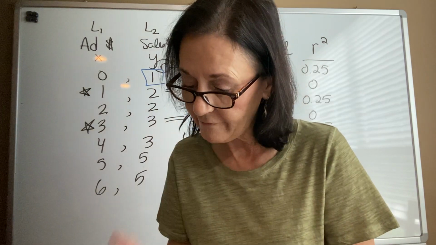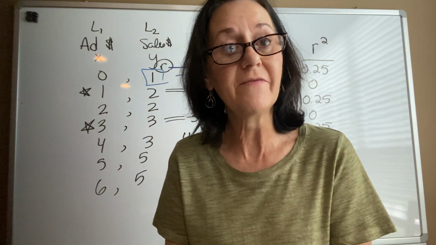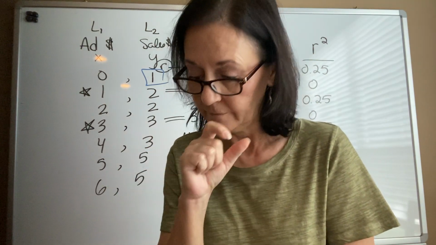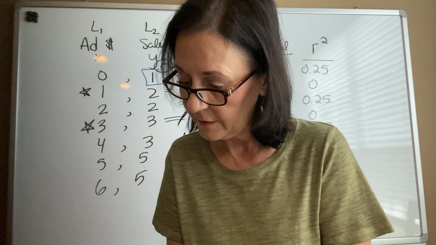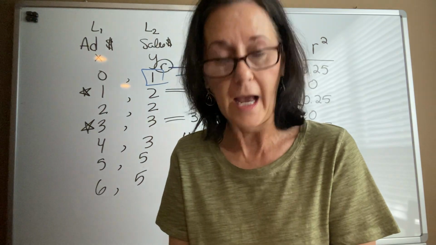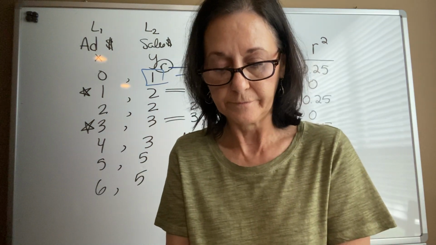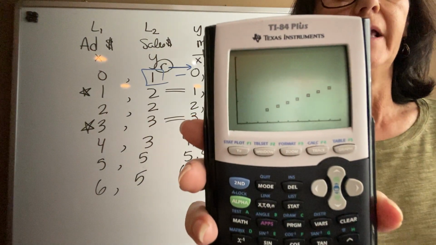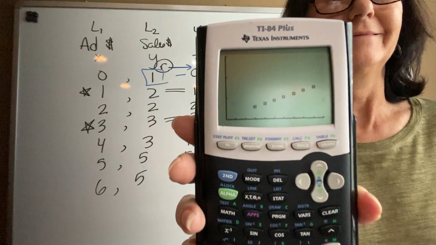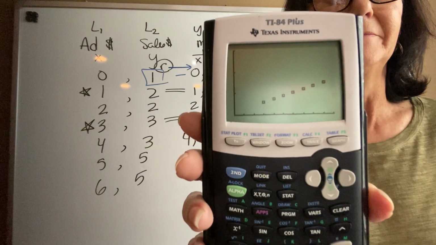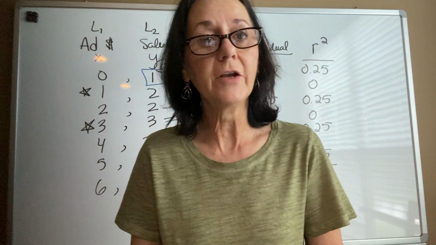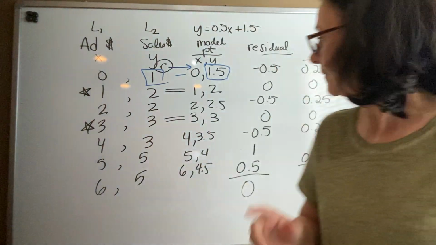My smallest Y value... these Y values are so incrementally small that I'm going to go 0 to 3. I want to be able to see it. All right, and so when I graph it, this is what I get. It actually looks like a great line, right? You would think a line would fit it. All right, now if I were to calculate the finite differences,